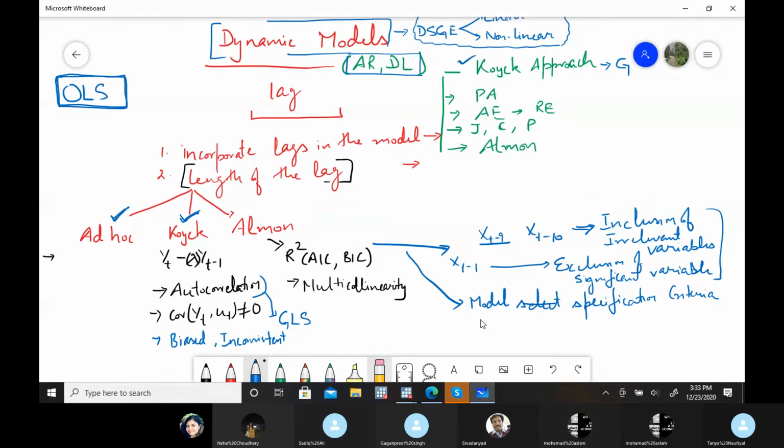First, you can take the maximum lag length and then try to reduce one by one and see the impact on R-square, and if you need some specific test, then AIC and SIC criteria. The other way, start from the first lag, then second, third, and cross-check your R-square, adjusted R-square, and AIC and SIC criteria. Like we select variables in the model, that same criteria you can use to select the lag length in Almon's approach.